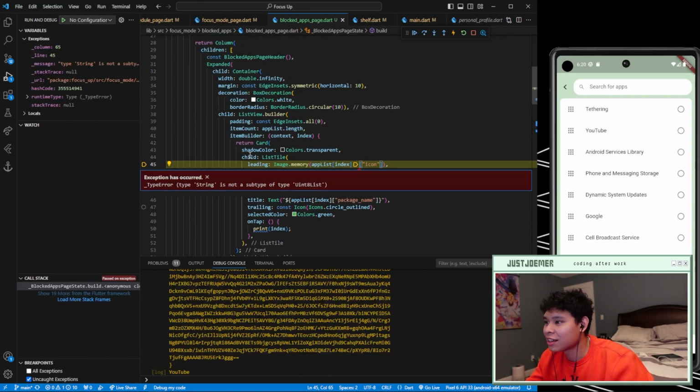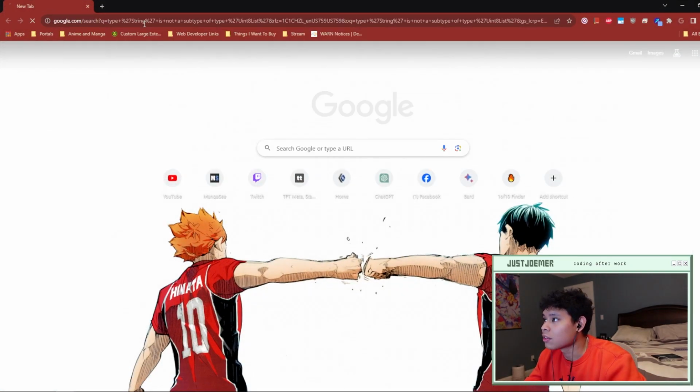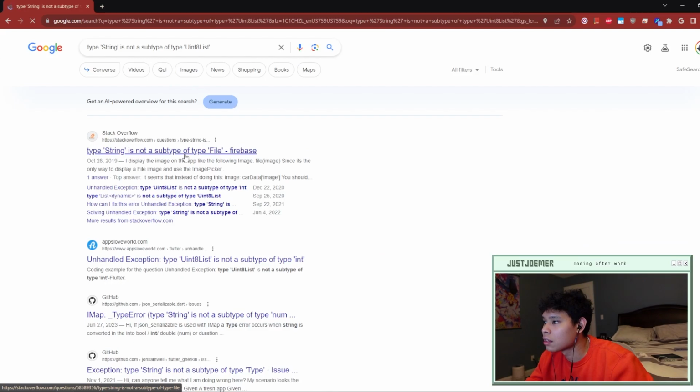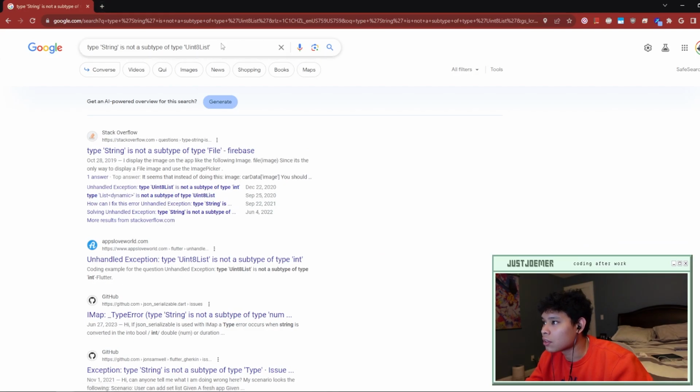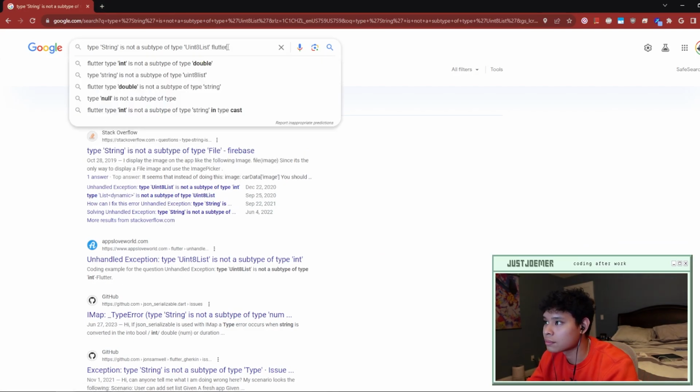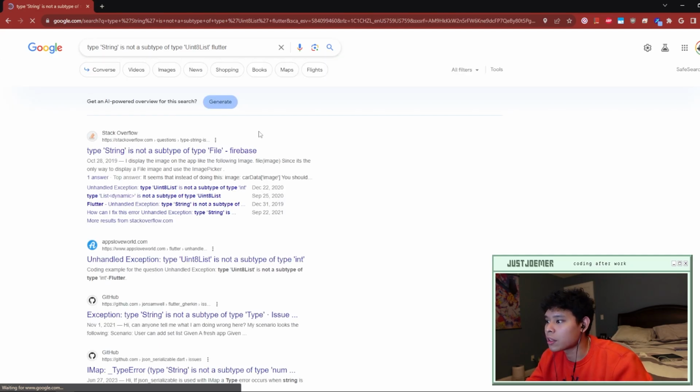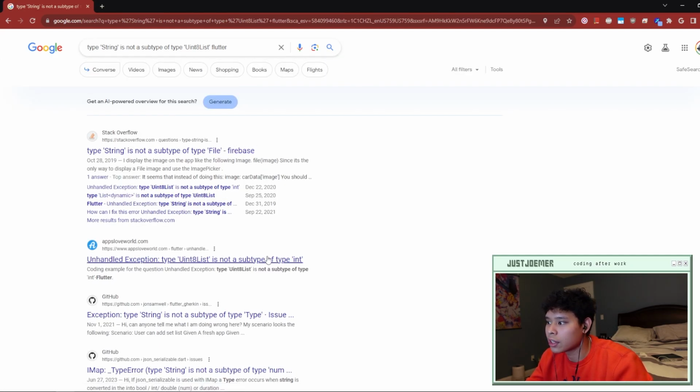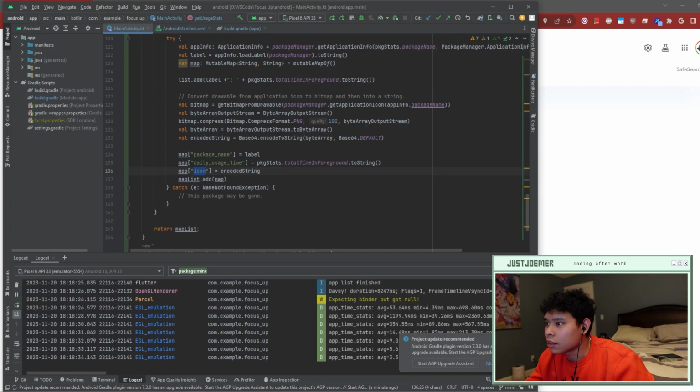It does not work. Type string is not a list of int. Yeah, that makes sense. All right, so let's see. Yeah, I didn't think this was going to be easy because we're dealing with platform specific Android code, converting it into Flutter. And so it's going to give us a few errors. And so we have to dive a little bit into things like,